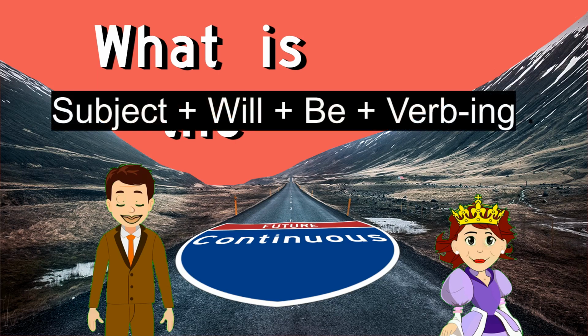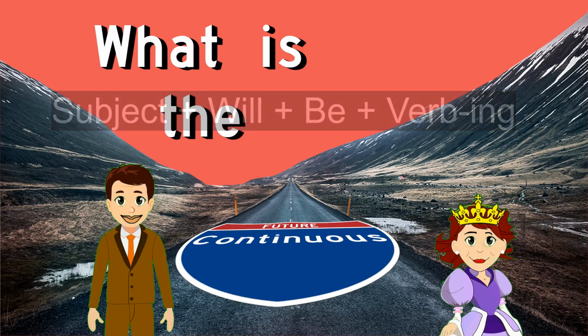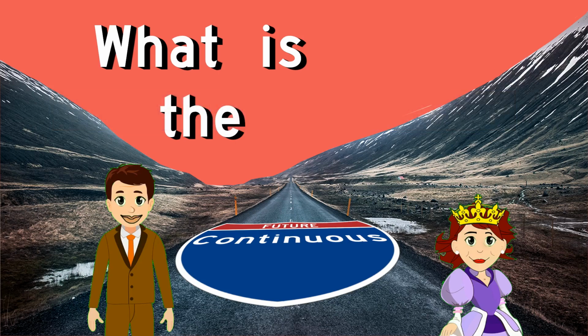We form the future continuous by subject plus will plus be plus verb with an ing ending. First, when we make a prediction, we are making a guess about something in the future using current events. For example, it will be raining later because it is cloudy. When we use it for unfinished actions, we can say it like this: I will be finishing the project when